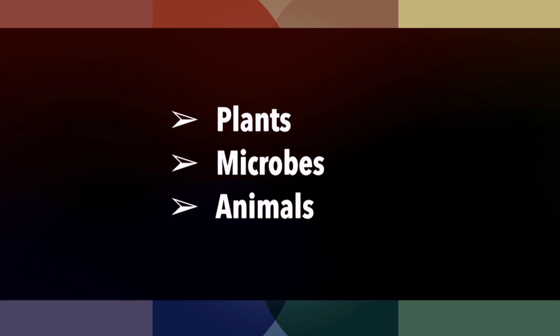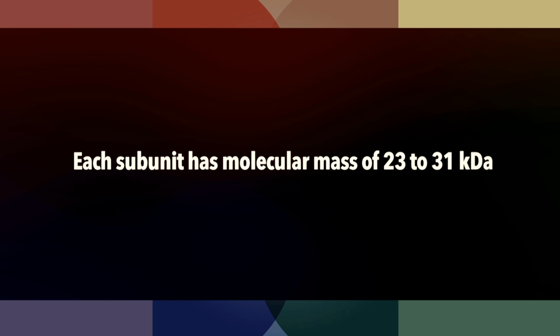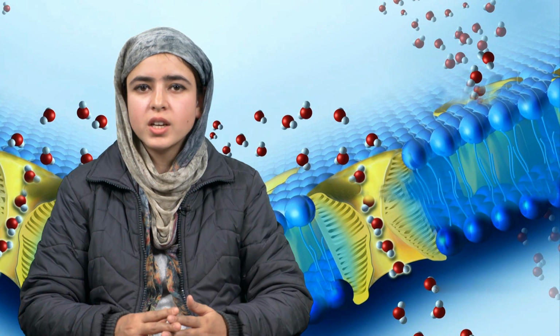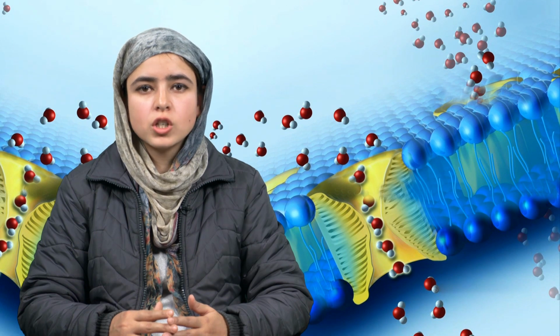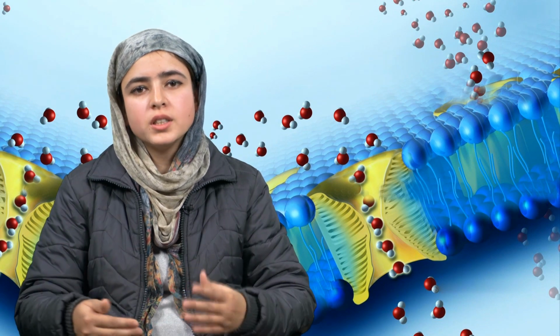The structure of aquaporins is highly conserved in plants, microbes, and animals. Four subunits associate to form a single plant aquaporin, that is a tetramer. Each subunit has a molecular mass of 23 to 31 kilodaltons and spans the membrane with 6 alpha helices joined by 5 intervening loops. In contrast to the beta-pleated sheet structure of porins, these protein subunits fold within the membrane